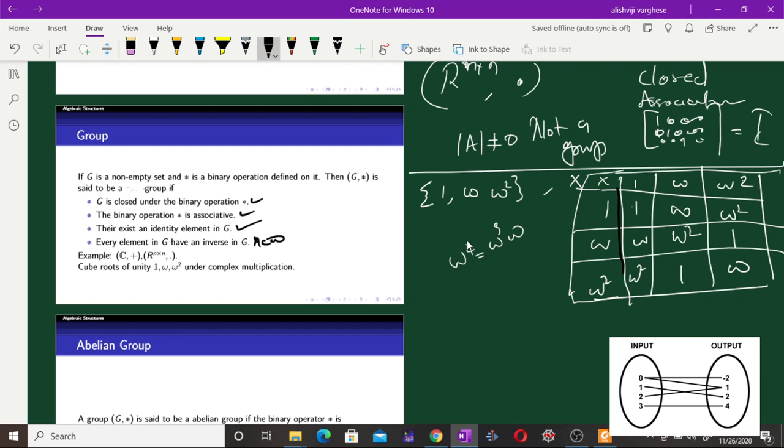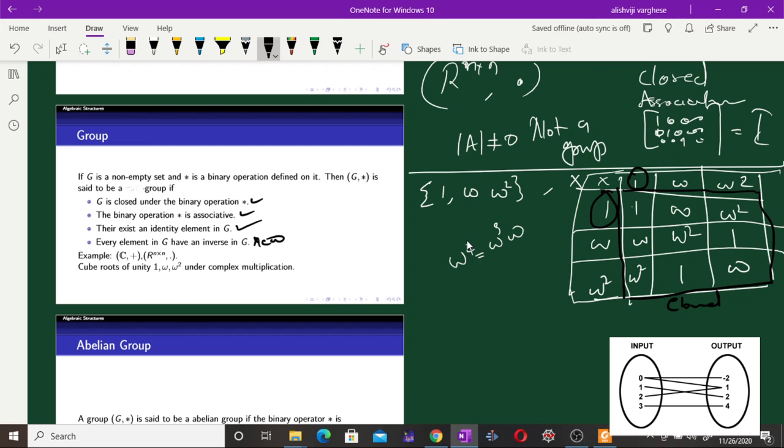All the elements in the table belong to the set {1, omega, omega square}, and therefore it is closed. Second property, associative property: being multiplication, the associative property is obvious, so we don't have to prove that one. Then we are looking for the identity element. When we multiply with 1, the column 1, omega, omega square will repeat here, and therefore 1 is the